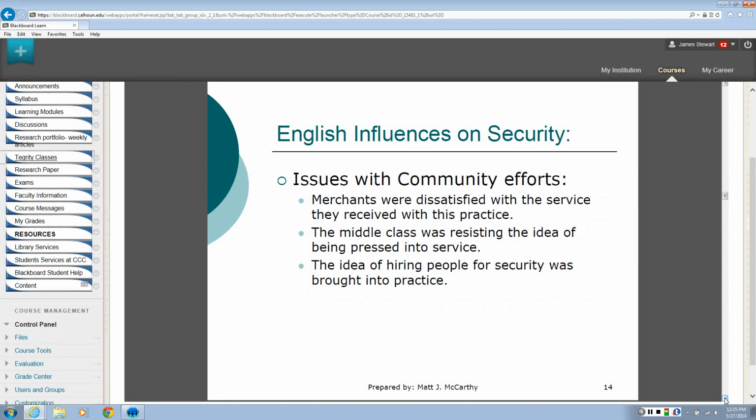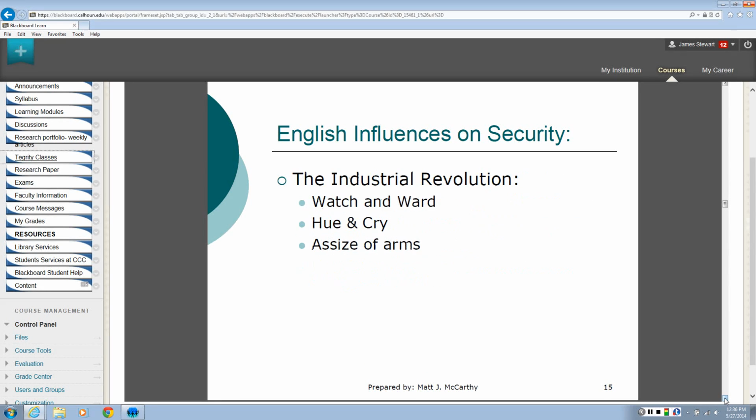Do understand some of these influences on security, some of the things that happened historically that caused security to evolve, and even some of those things actually caused law enforcement to evolve. What started out originally as more of a private security effort evolved into public law enforcement. However, there's still a niche available for both of those.